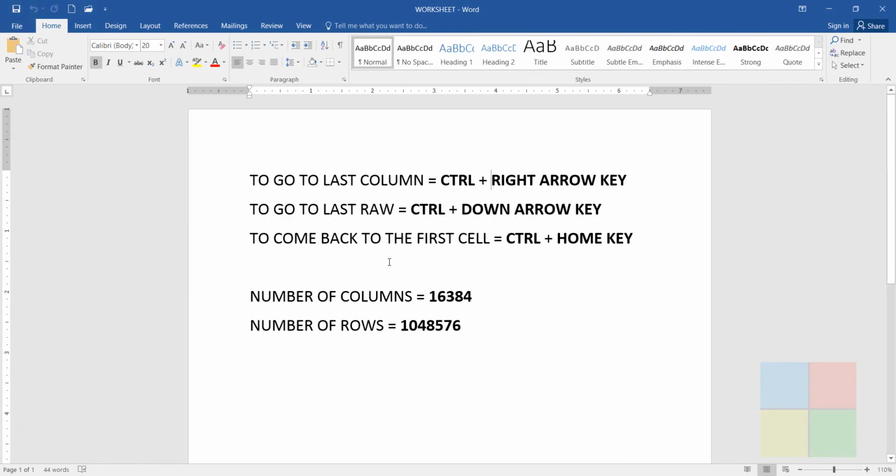So in a worksheet we have 16,384 columns, and to go to the last column you have to press and hold Control plus right arrow key from the keyboard.